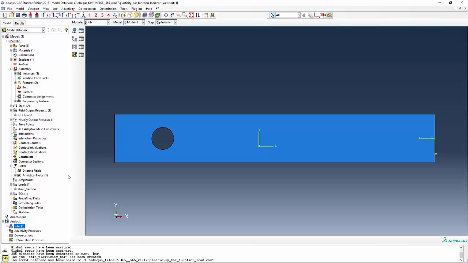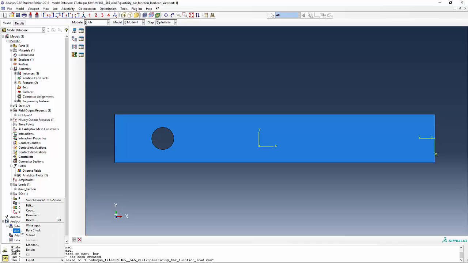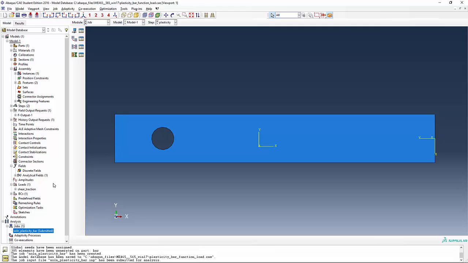So far, so good. We've saved the work. We're going to right click on this thing and do submit. And I'm going to go to the monitor section